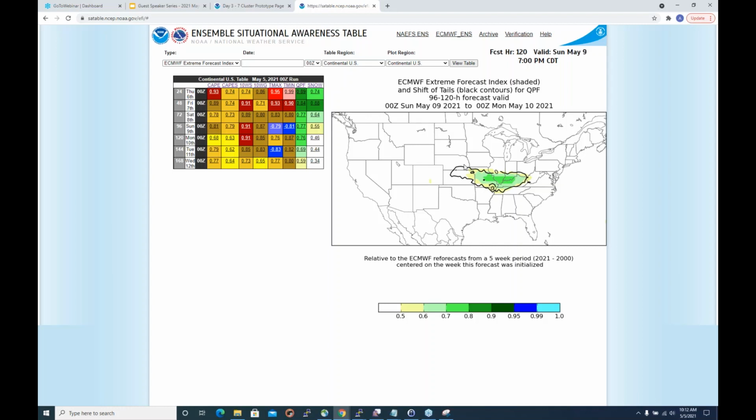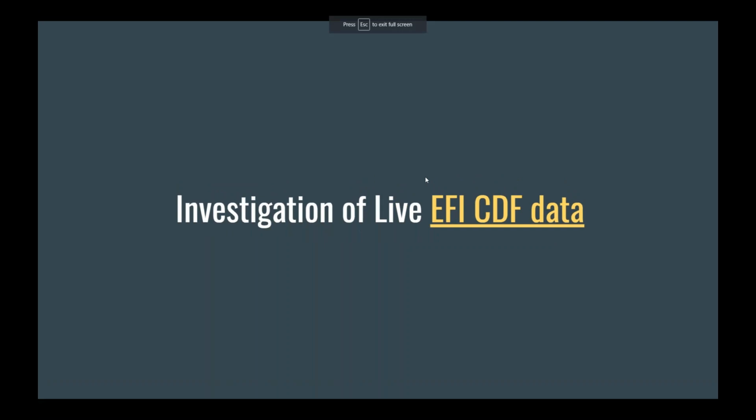You think back to the winter months, even into the spring, you would see these QPF values hitting all the way up to 1. I think this is just a function of the fact that we're getting into a time of year where it's more typical to have heavier QPF events. But at least from this, you get to see that we're starting to see a lot more of the European ensemble suggesting some heavier QPF. And it's certainly the 0 highlight here has some suggestion that there could be some slightly higher value members. So let me go back to the presentation